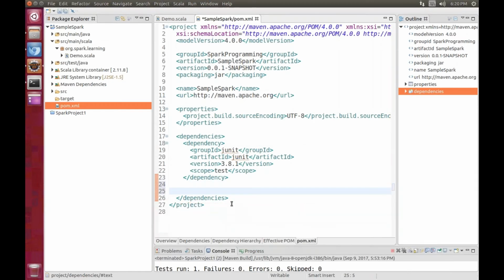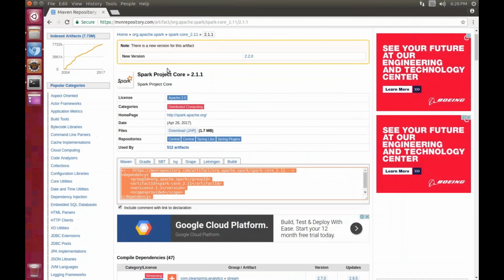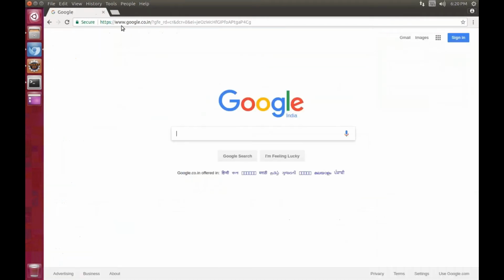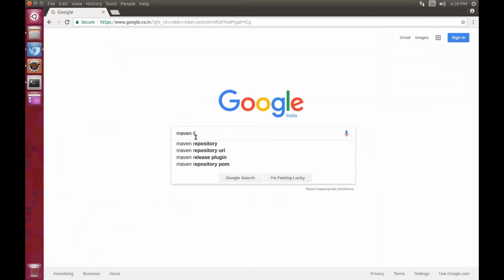We get the Spark dependency from the Maven repository. For that, go to the browser and go to Google. If you are new to this, just go to Google and search for Maven repository.